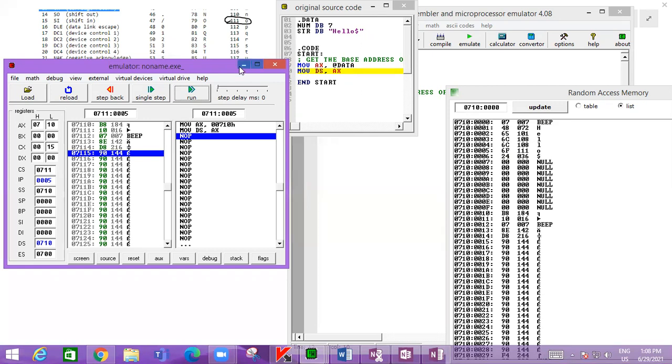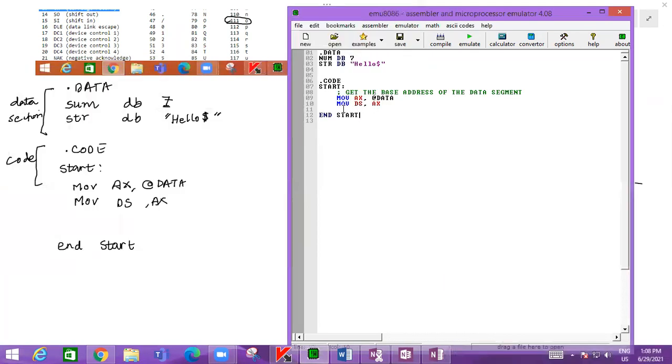So once we have that data in the memory, what we can do is, let us say we want that number. So move number into some register, let us say AL. It is defined as a byte. So whether we get that number into AL, we'll just check.